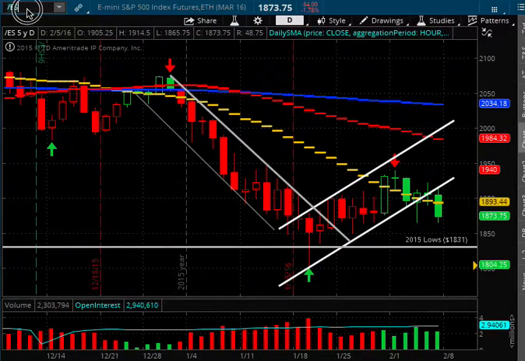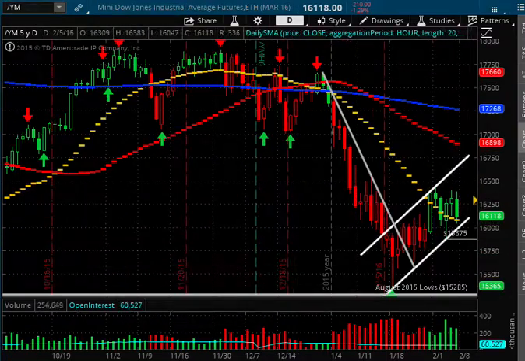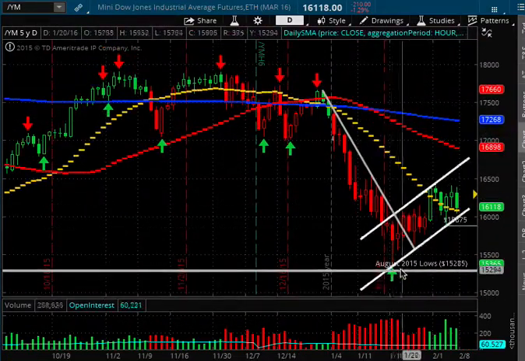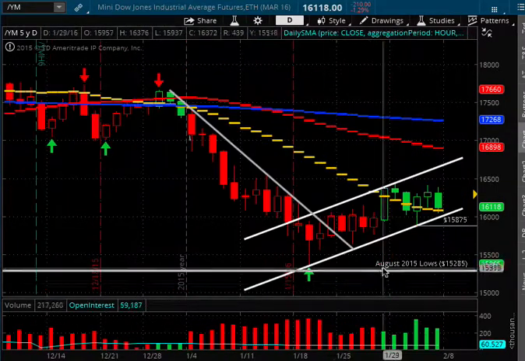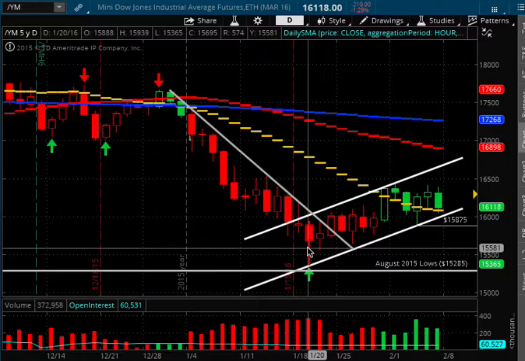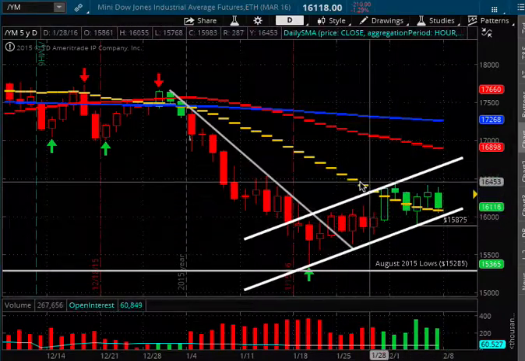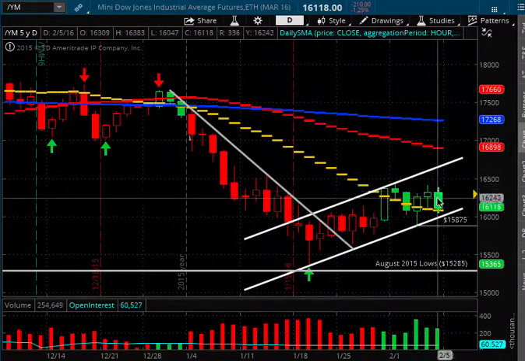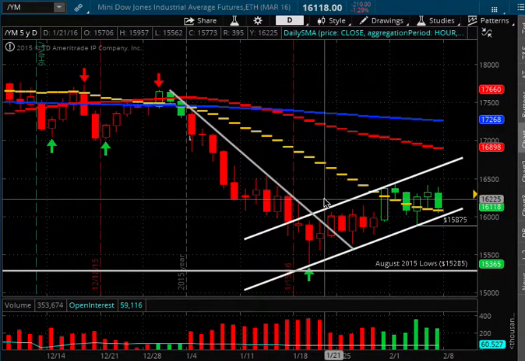But let's look at the Dow Industrial Average and see what it's doing. All right, if you notice, the Dow Industrial Average, the low in August was right around this point. This value, which was 15,365. Now, we're still in the channel on the Dow Industrial Average. So the Dow Industrial Average looks pretty good, but remember I told you investors use the S&P 500